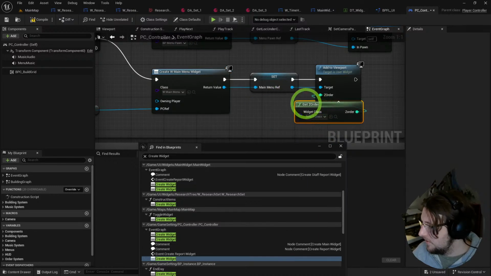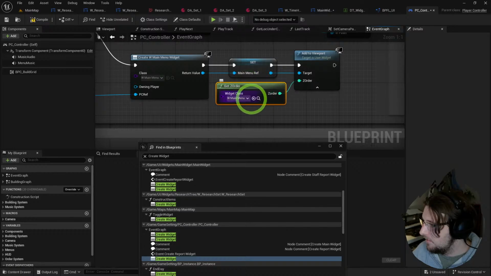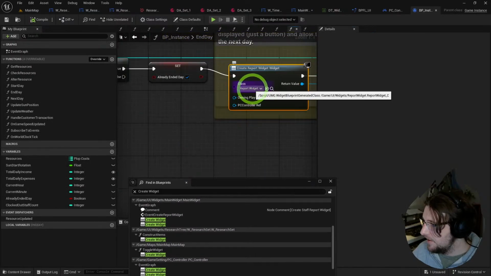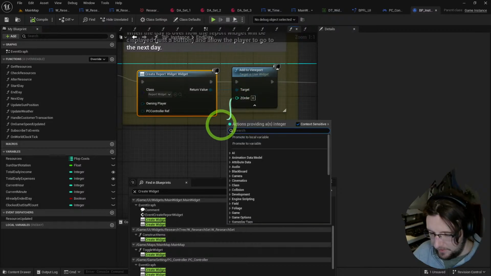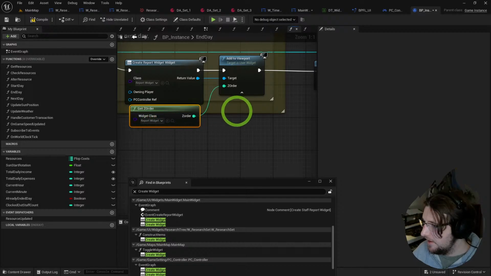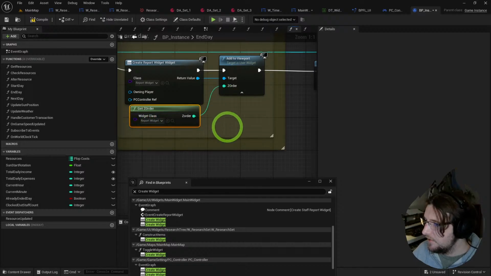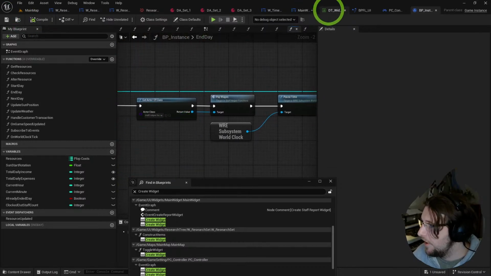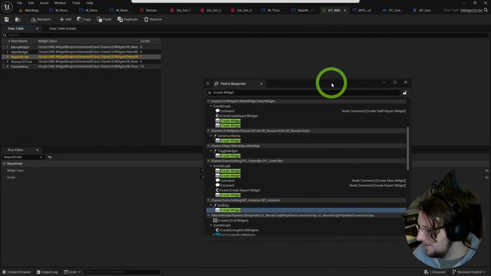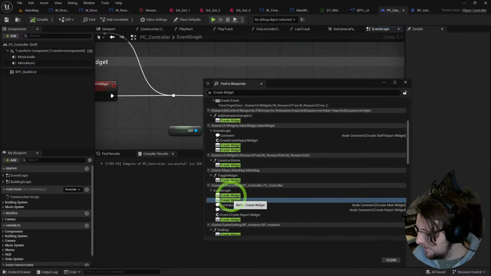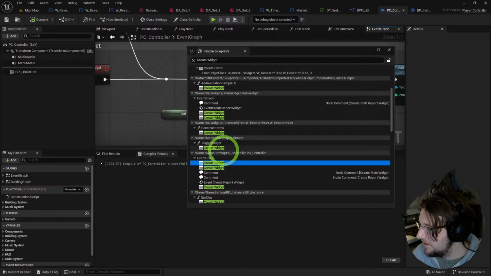Get Z order. Menu. Compile. Save. End of day. Report widget. Oh, we already know that one. Get Z order. Click, click. We already know the Z order for the report widget. 1. Yeah. Let's double check everything. Had its Z order applied. 1,